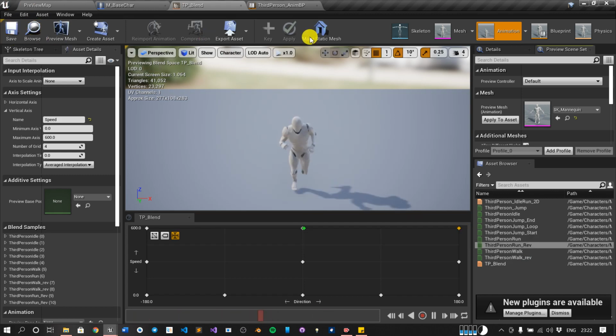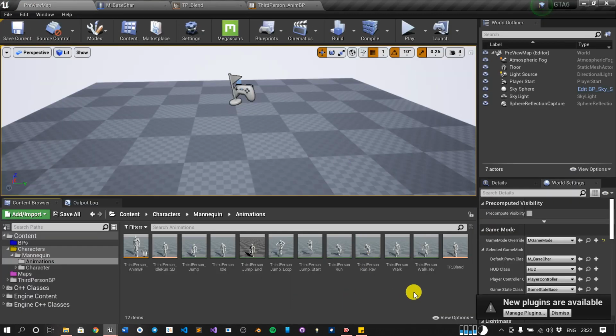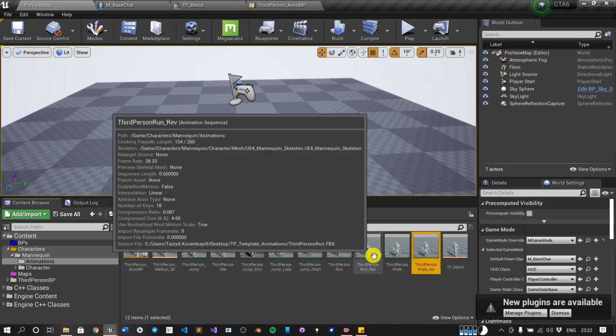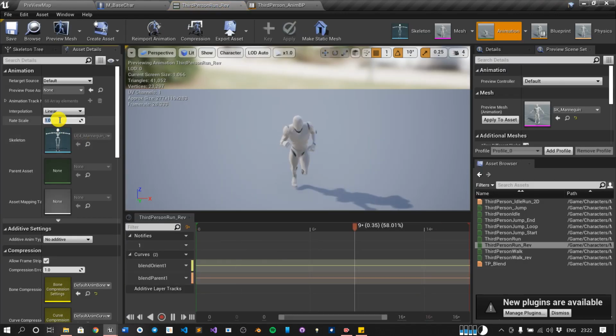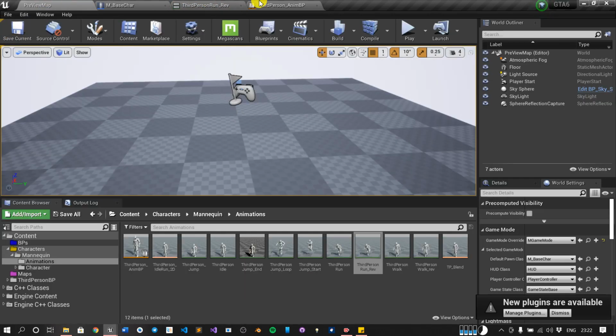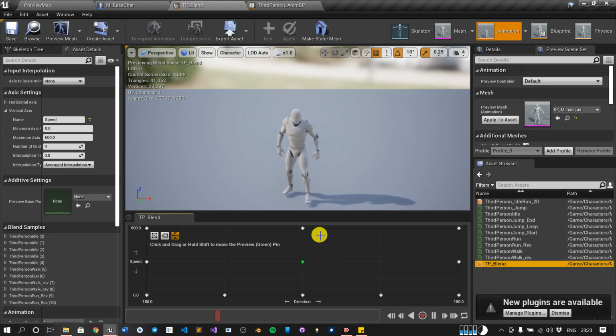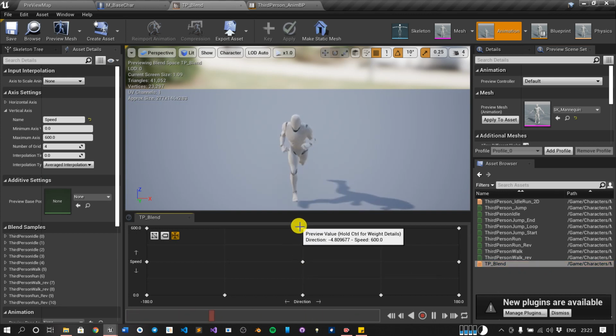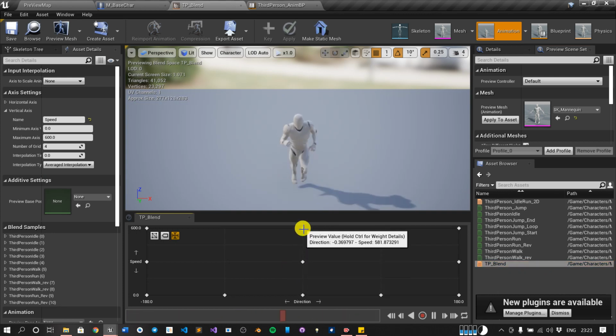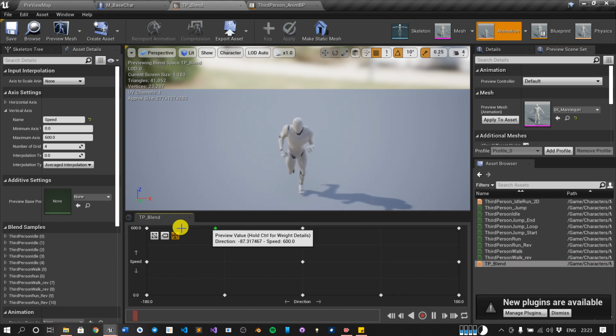We haven't reversed the run yet, so click on run reverse, just click -1 and it will run in the back direction. Let's check it again. Yes, it is working, and the blend space, yes, it is working, and if we go to the back hand side, it is working.